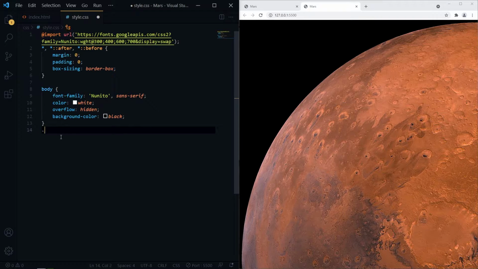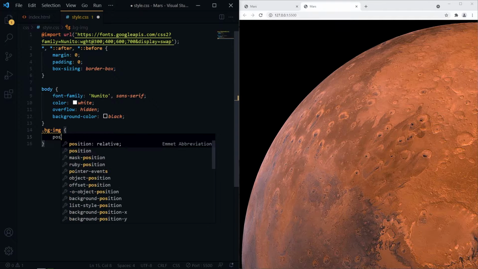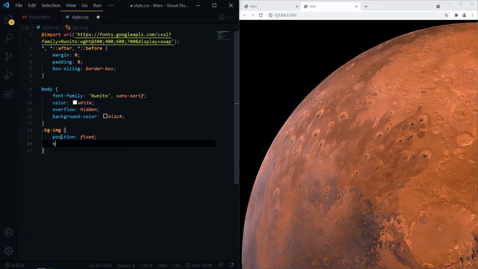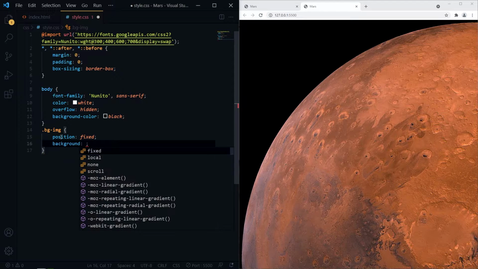Now for our background image, I will give position fixed and the background image URL.